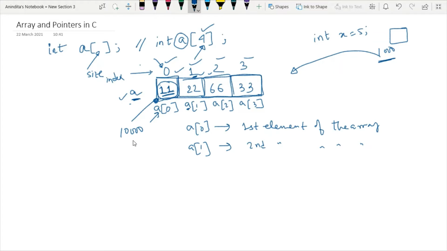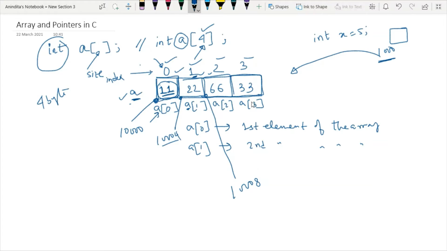10,000. Since it is an integer array and the size of an integer is 4 bytes, the next address will start from 10,004, and then again the next address will start from 10,008.